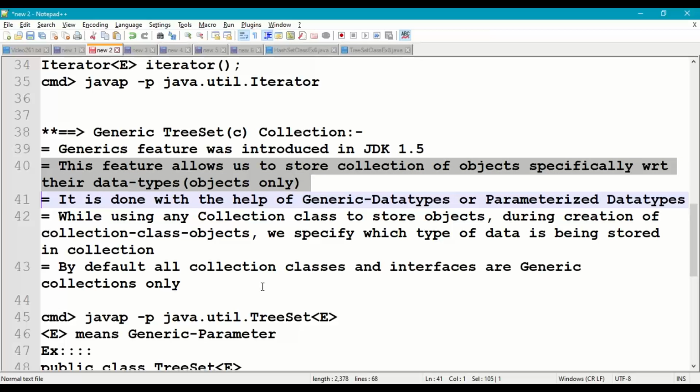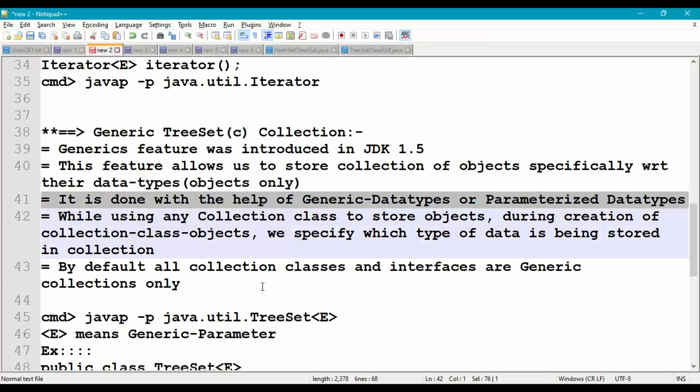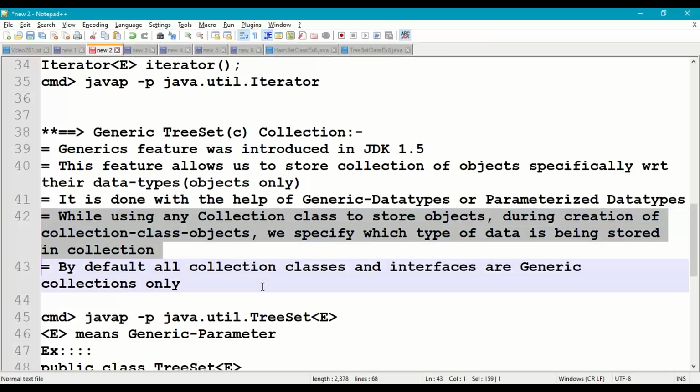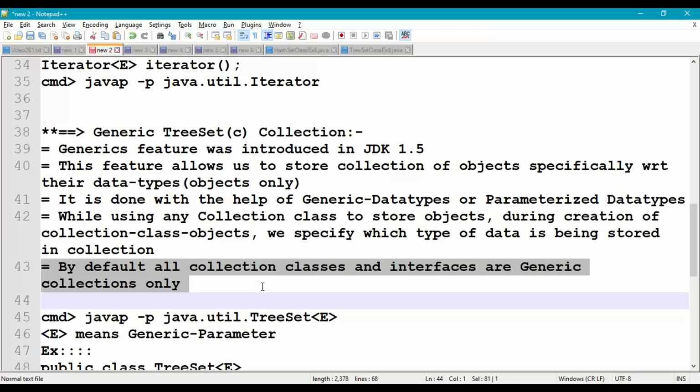So using this feature, it allows us to store a collection of objects specifically as per their data type. Internally, it will be stored in the corresponding object type. Now, this is done with the help of generic data types or parameterized data types. When we are creating the object of a collection class, we specify which type of data needs to be stored using the diamond operator. By default, all collections and interfaces available in the Java collections framework are generic